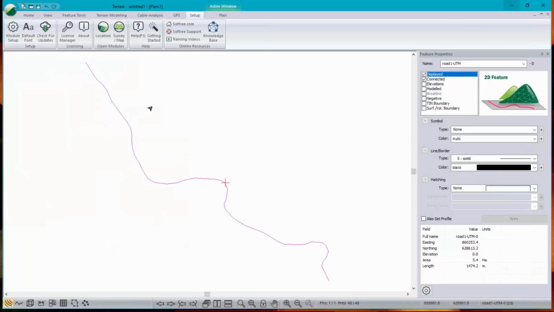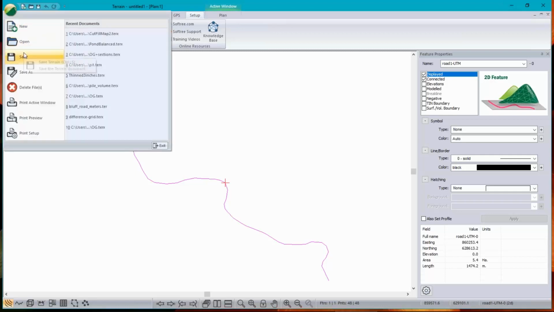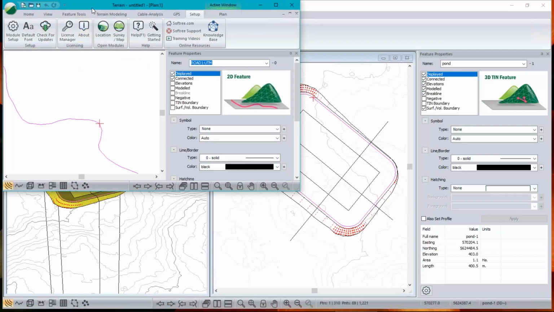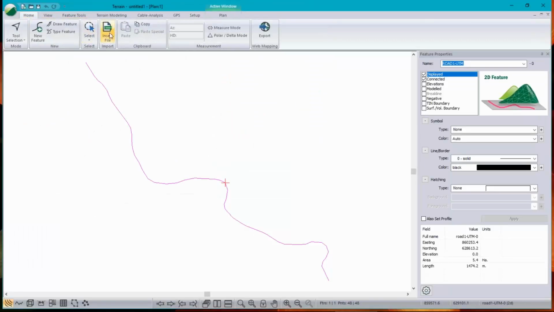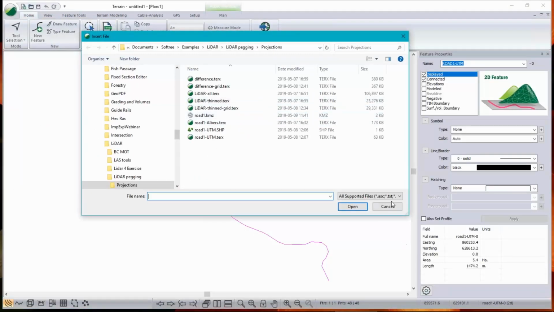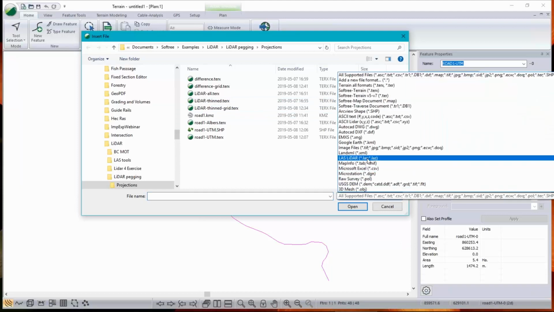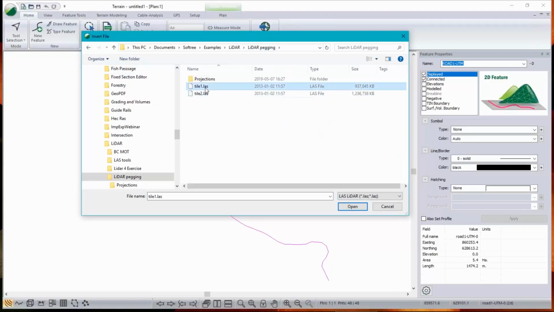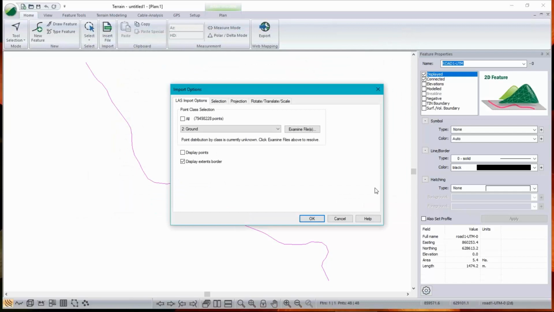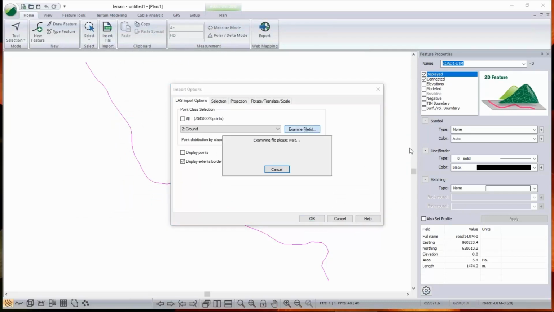Okay, now that I have a well-defined BC Albers line in my file, let's bring in the LiDAR data. So I'm going to, whoops, not there, here in the home menu, insert file, and I want to open up an LAS file. I've got 2 tiles, but I could select N of them here. 2 is good enough. And when I click on this examine button, the software goes and reads the LAS file